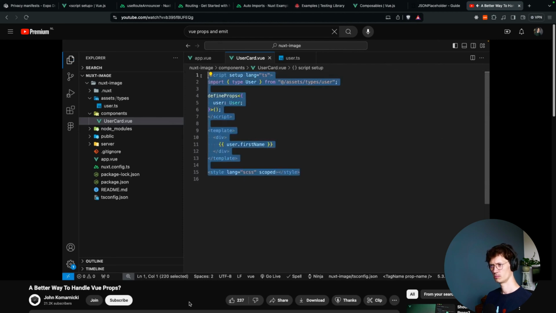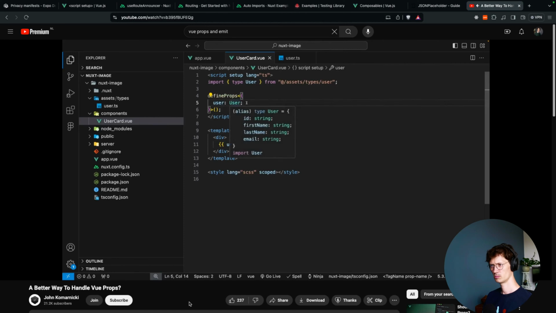Now the problem that I have with this approach, although it's not a wrong way of handling something like this, it's just very granular. And when you're building out components that have props, it's a good idea to be specific in terms of what those props are. And with something like this where we have a user prop that is an entire object, to me that's not very specific. So an approach I like a little bit better is instead of having a prop that is bound